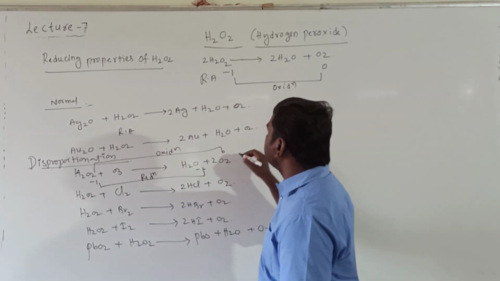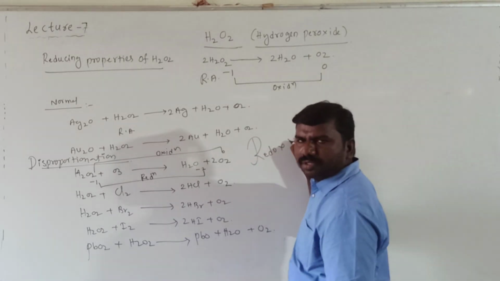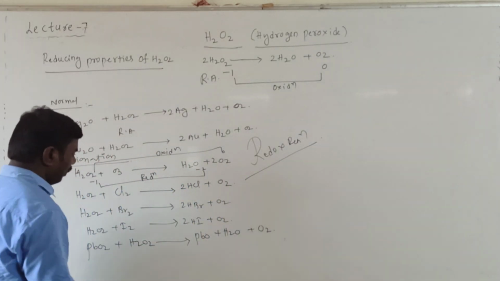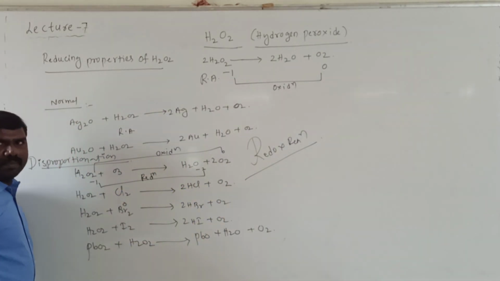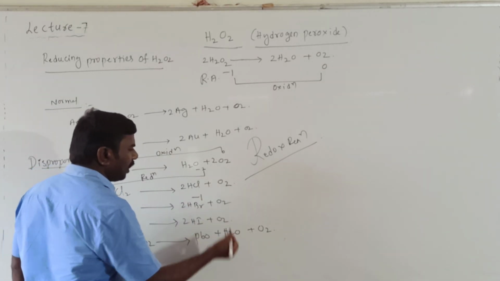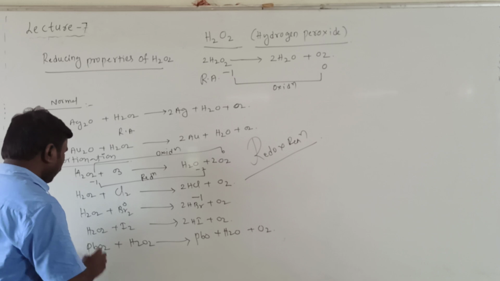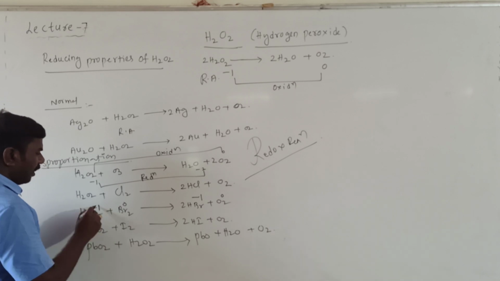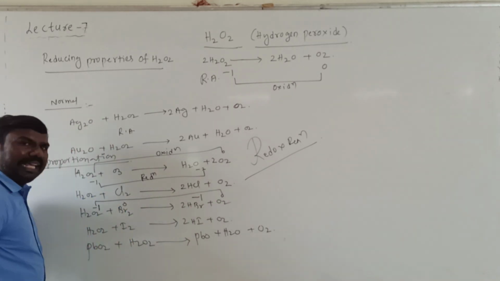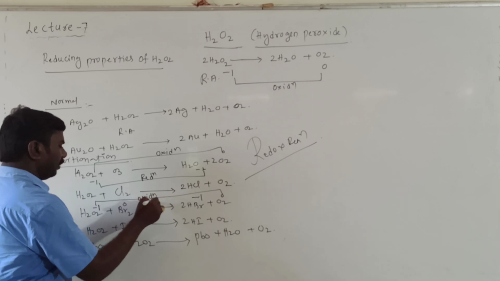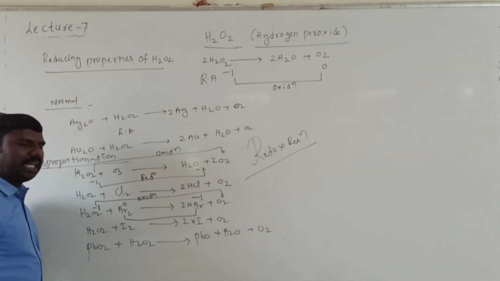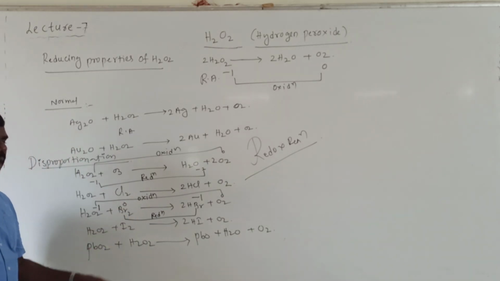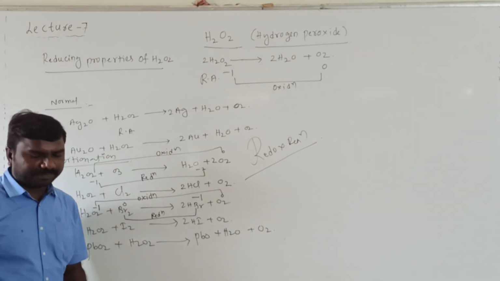Oxidizing and reducing action of hydrogen peroxide in acidic and basic medium. Maximum reactions are redox reactions. Which reactions are they? Redox reactions. Similarly, here also, bromine will be in the elemental state 0. Bromine will be -1 in the combined state, halogen, and it is -1 in peroxy oxygen. It is 0. -1 to 0 increase, that is why oxidation. 0 to -1 decrease. Decrease means reduction. It means redox reactions. These are all redox reactions.